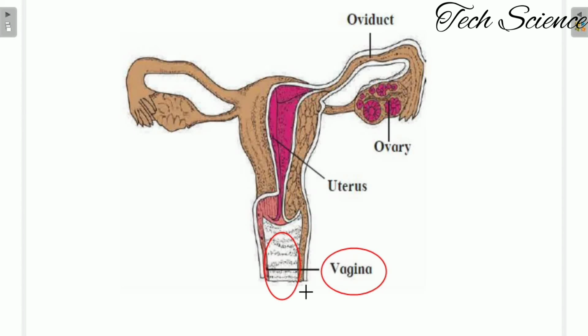In the sexual relationship with the female, the penis of the male enters through the vagina into the female reproductive system. And finally, at the time of childbirth, the baby also comes out of the mother's body through the vagina. So it is an important organ in the female reproductive system: the route for menstrual blood flow, a pathway for the sperm to enter the woman's body, and during childbirth the baby comes out through the vagina.